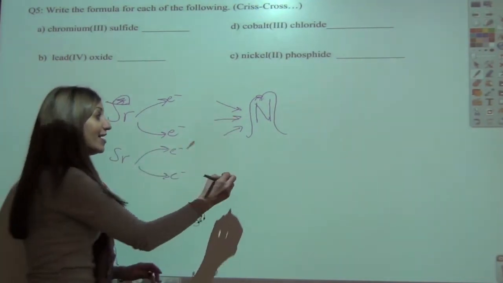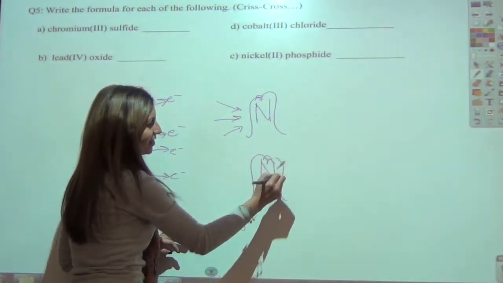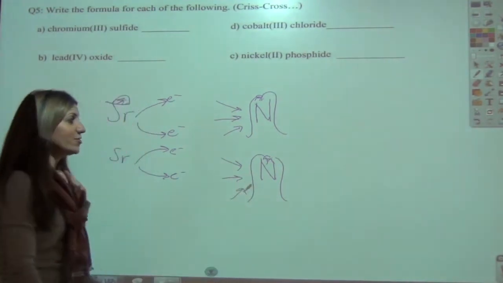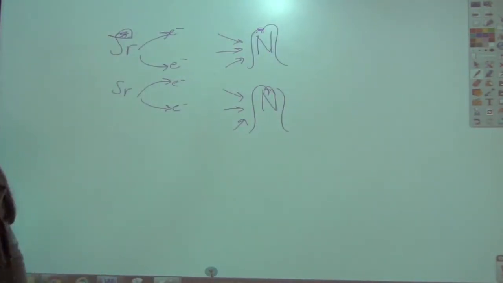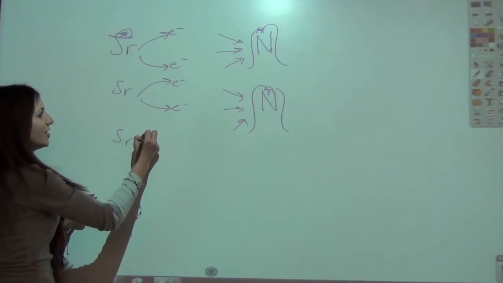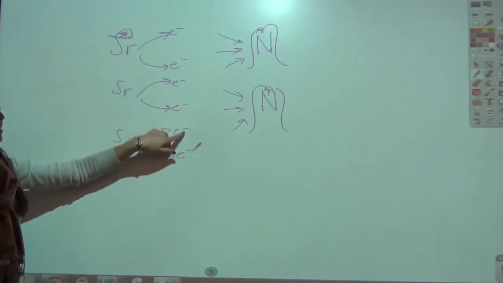She's going to get another twin. Okay? So now nitrogen comes in. Here's our nitrogen girl right here. And she wants 3 electrons also. Still not working. What's wrong? What do we do now? One more strontium, and now if we do one more strontium, giving 2 electrons each, now we've got 6 being given,